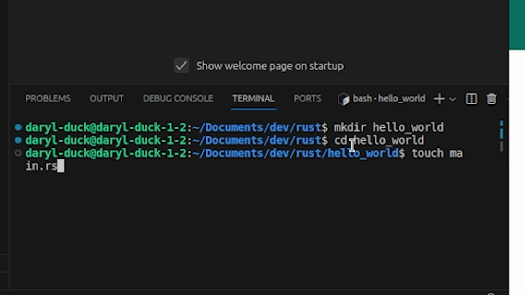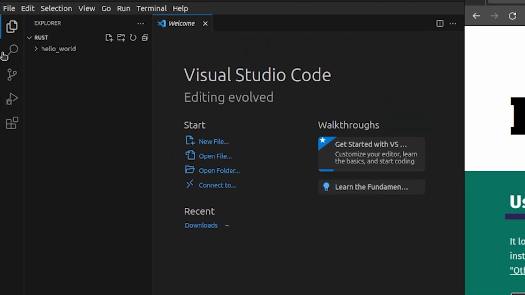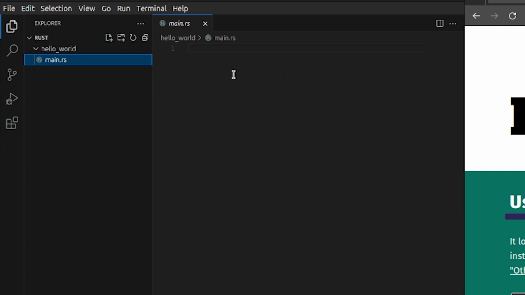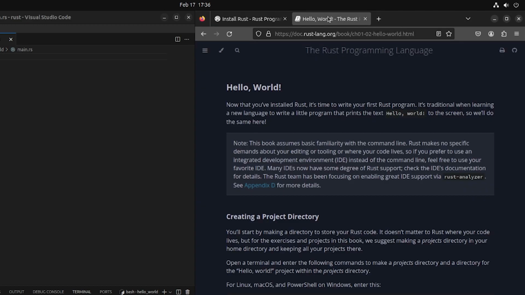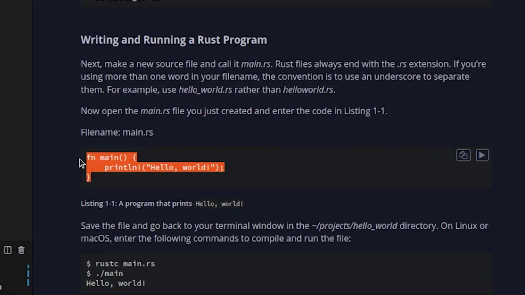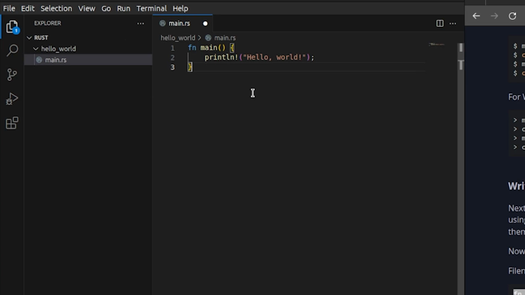So Rust files use the rs extension. And I'm now going to quickly do that. What that will do is, up here in this Hello World folder, we've got a main.rs file. I'm now going to quickly add a simple Hello World script for Rust just to test this out. So I come down here into the first part of the documentation, copy this main function, paste that in,